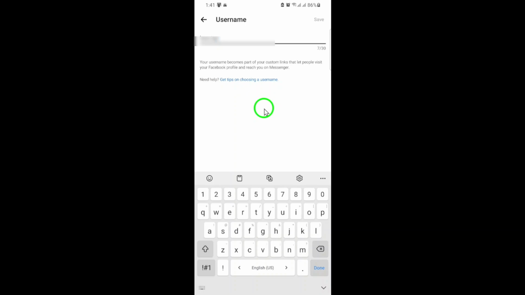It's a simple process that only takes a minute, but it can make a big difference in how people connect